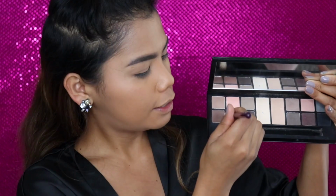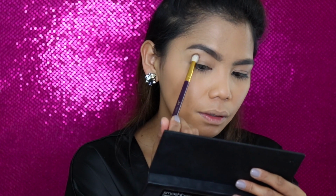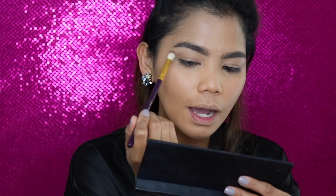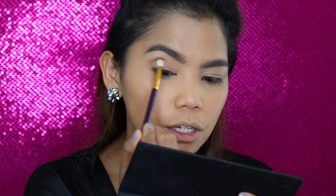When you do this, dip and then tap, barely touching my eyelids. So this is what I do. If you have hooded eyes, just open your eyes, and I always go on this side and then just go